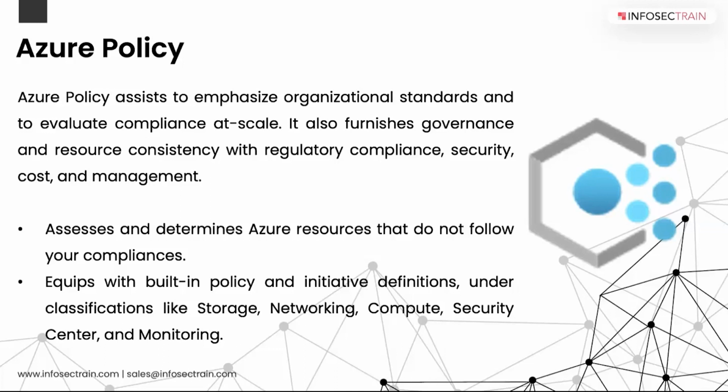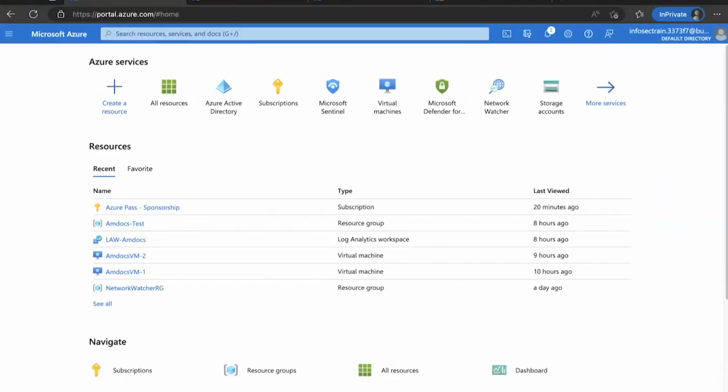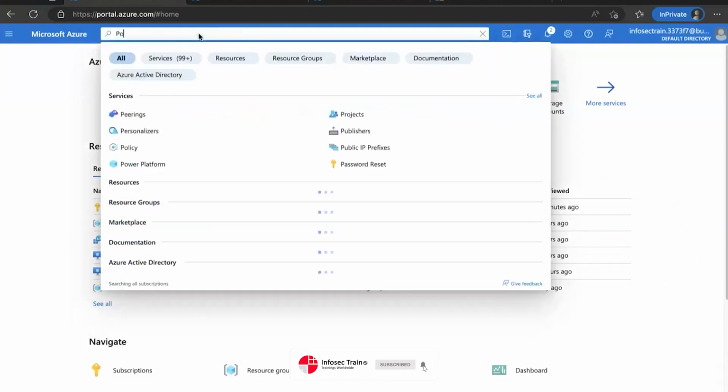So only those will be applied over there, and this is going to be over the policy itself. Now, how it will work through the practicals we will see. So actually there are two things: policies and initiatives. So let's just jump back onto your resources and let's see how it will work, right? So we will search for policy in the search bar.